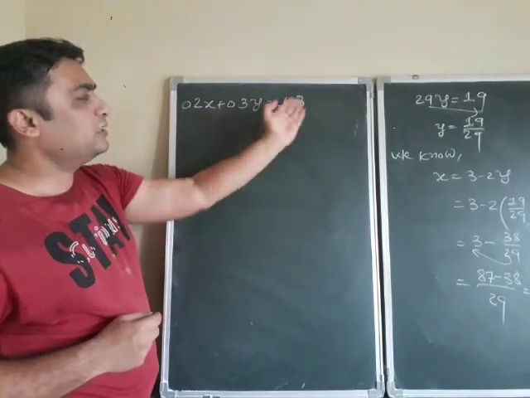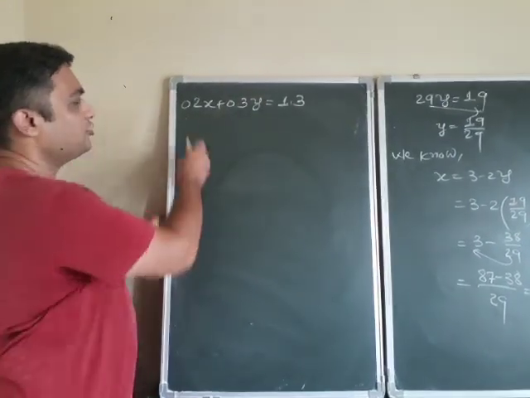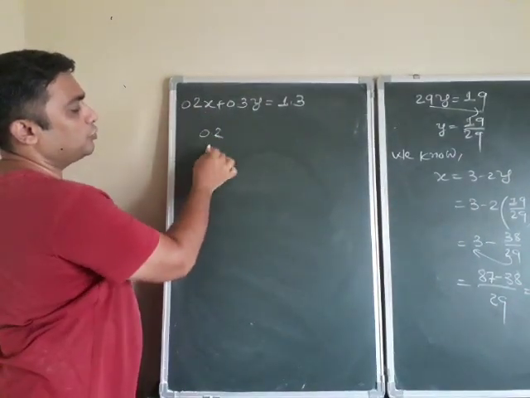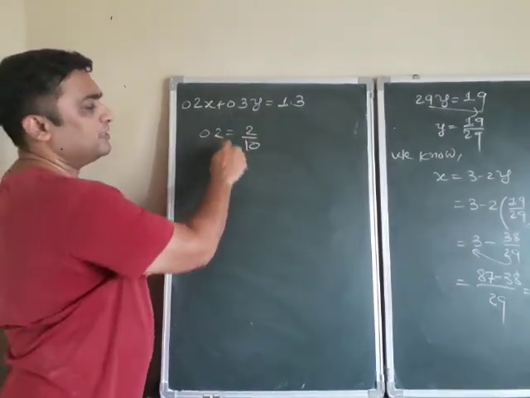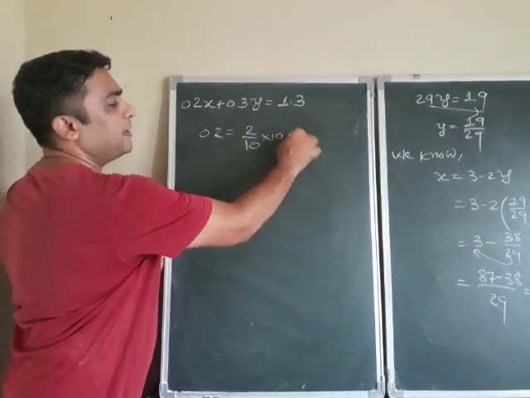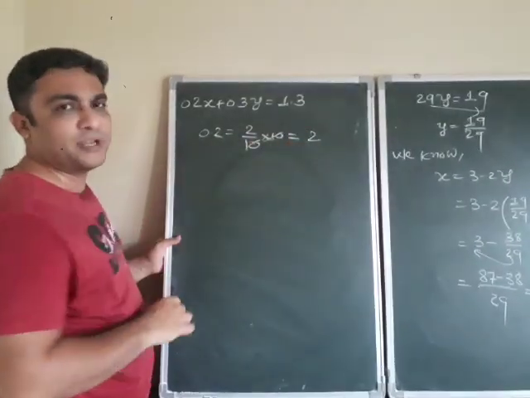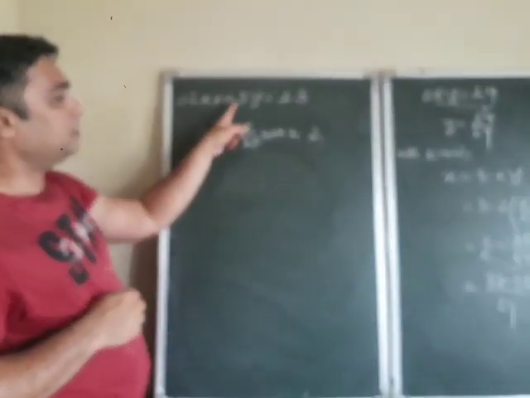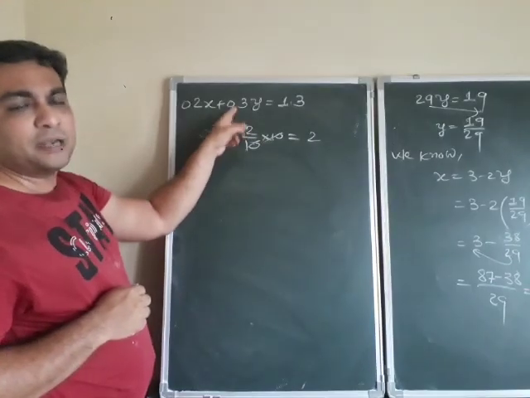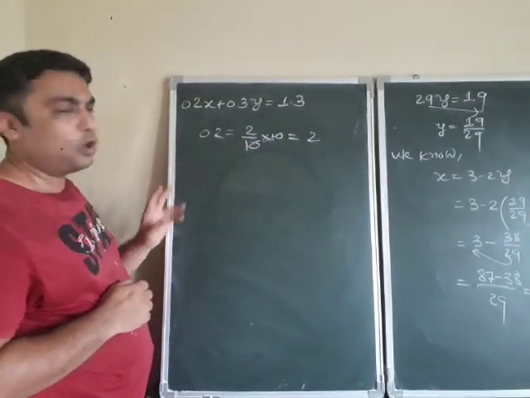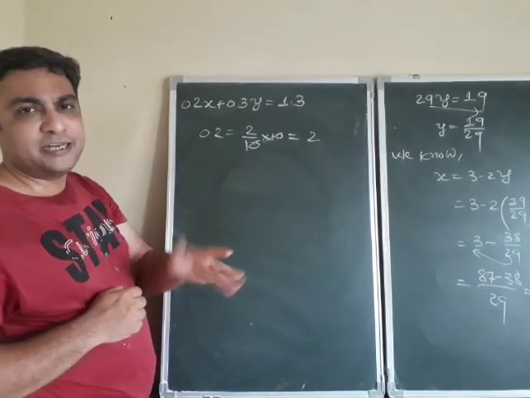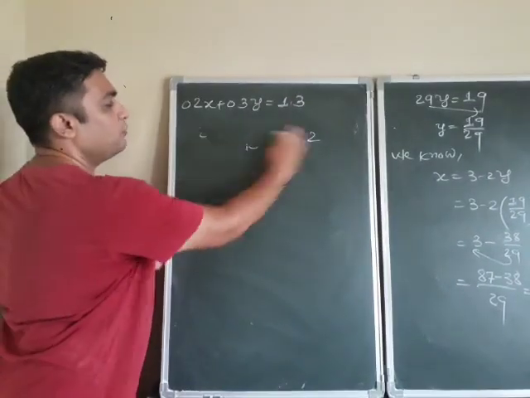I multiply the whole equation by 10 because see actually if you see this is 0.2. So 0.2 is written as 2 by 10. Yes or no? So to make this 2 by 10 an integer, I multiply by 10. So 10 cancels, it would be 2. So all are decimals with 1 digit. It means if I multiply the whole equation by 10, I will get all the coefficients in integer form. Am I right?